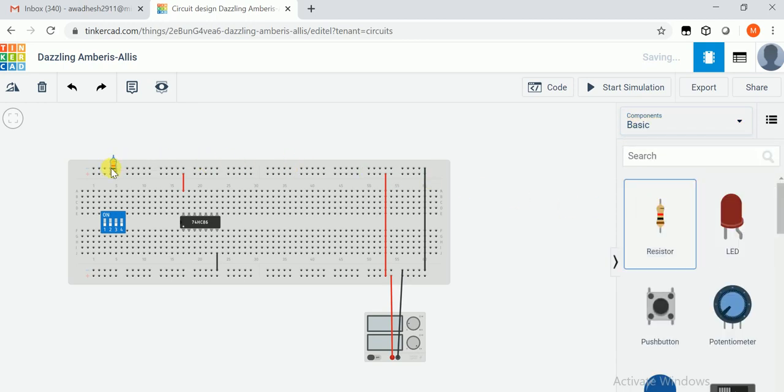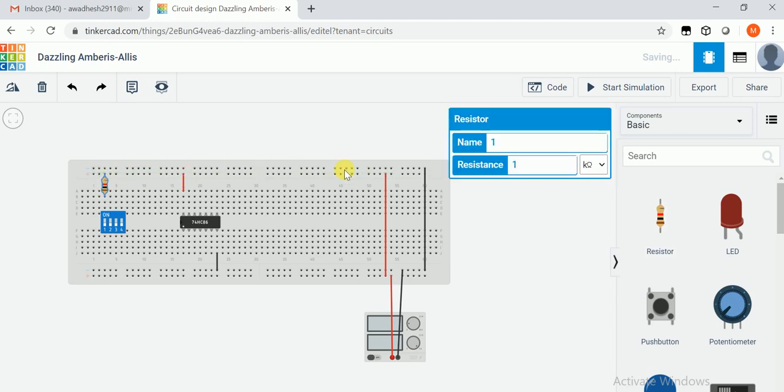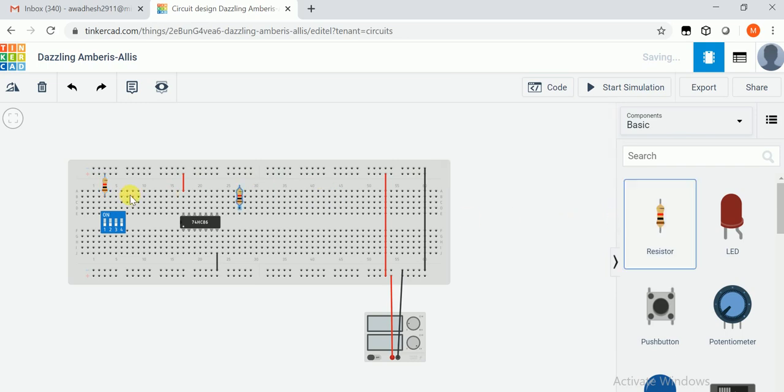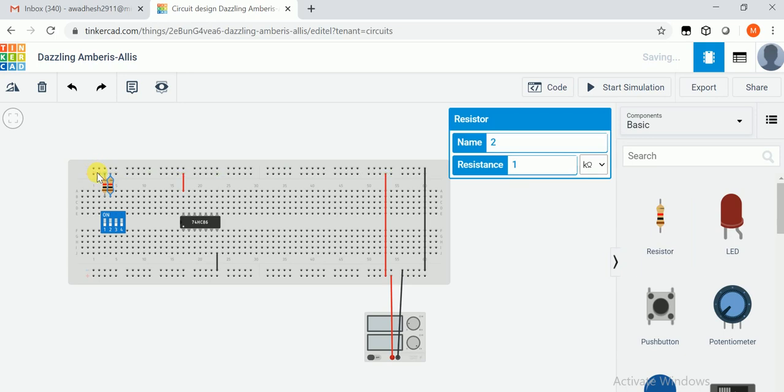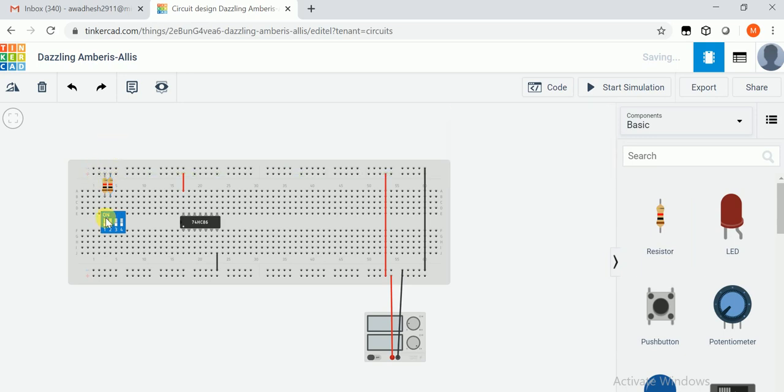Connect the first resistor to pin 1 and to this positive power supply. Connect another resistor to pin number 2 and to this positive power supply. Connect the lower section of this switch to the ground. Second switch also to the ground. Make it black.